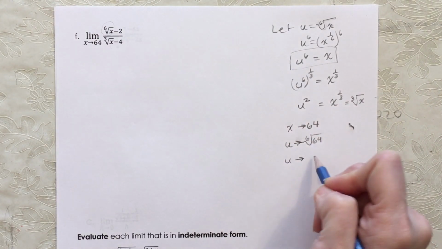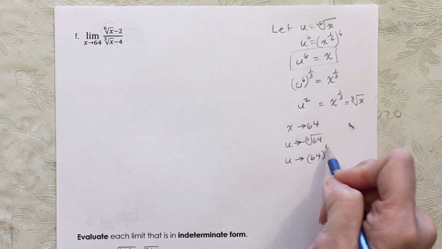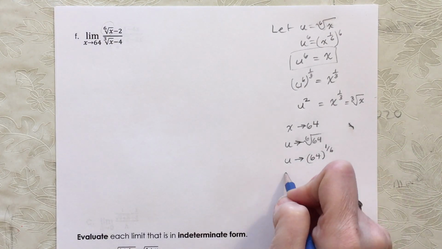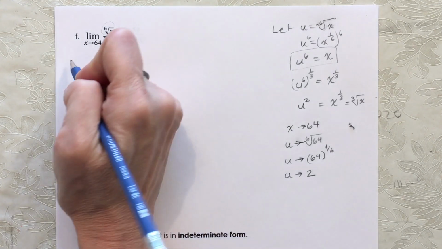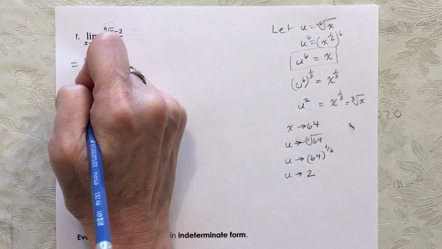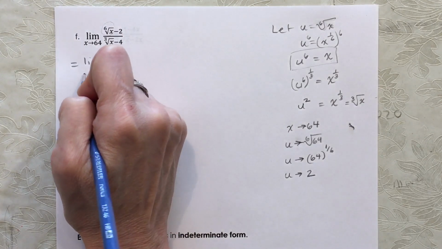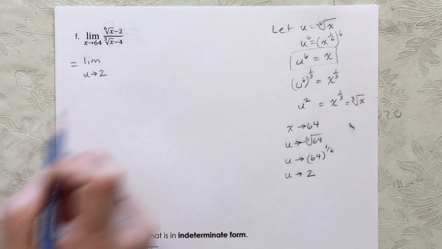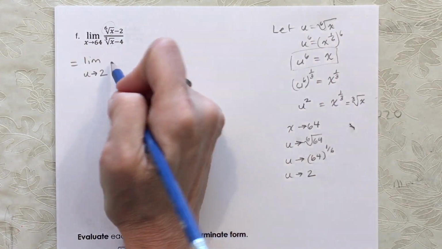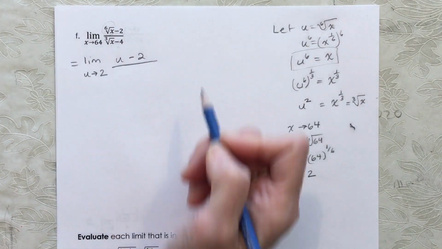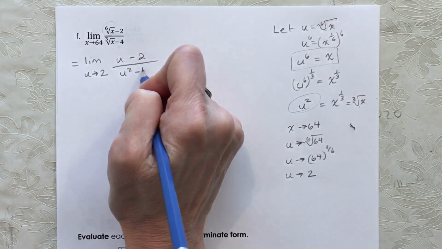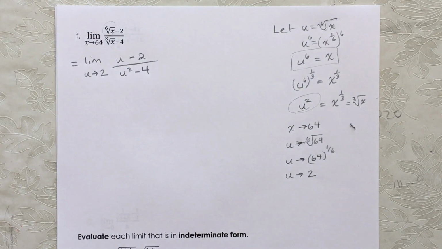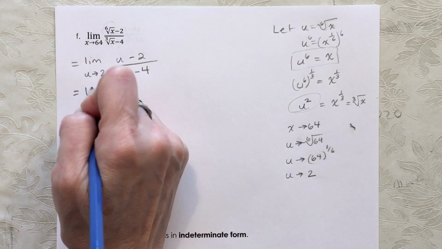And you can put that into your calculator as 64 to the exponent 1/6, which is 2. So now we have enough information to change our limit over. So the limit as u approaches 2, so 6th root of x was what we let u be, minus 2, over 3rd root of x, we figured out was u squared, minus 4. So that really scary looking limit has turned into something pretty simple now that we've changed the variable,